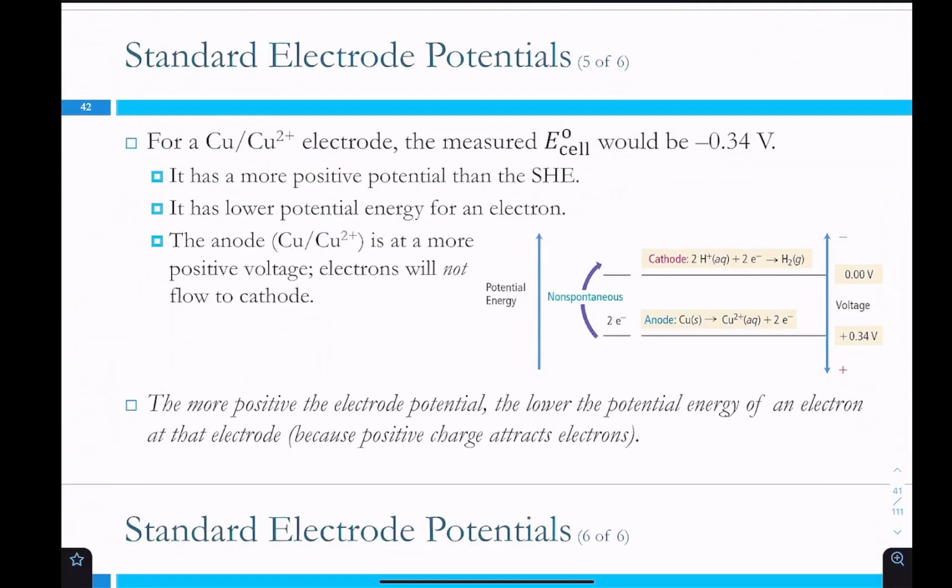If we then look at the copper side of this, again, it's copper as the anode, hydrogen as the cathode. And now when we set this up, the voltage that we measure is negative 0.34. So again, you set up E cell